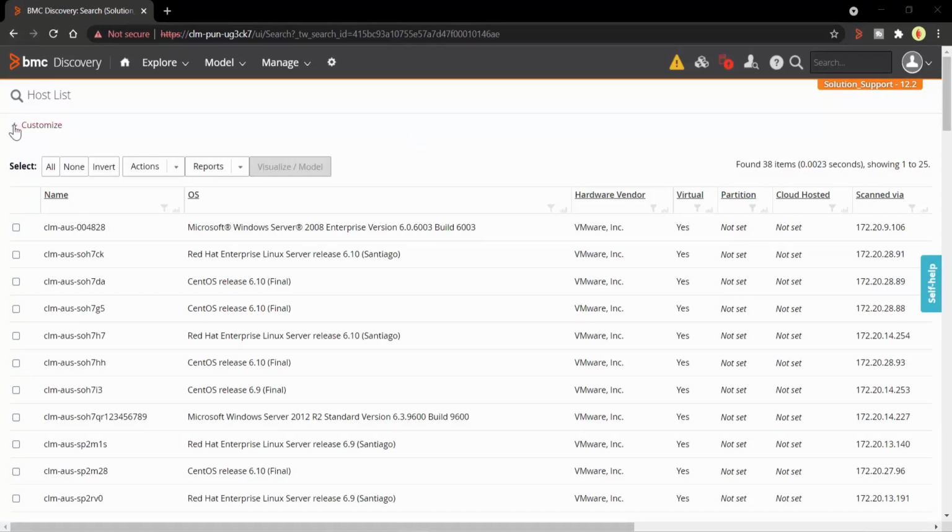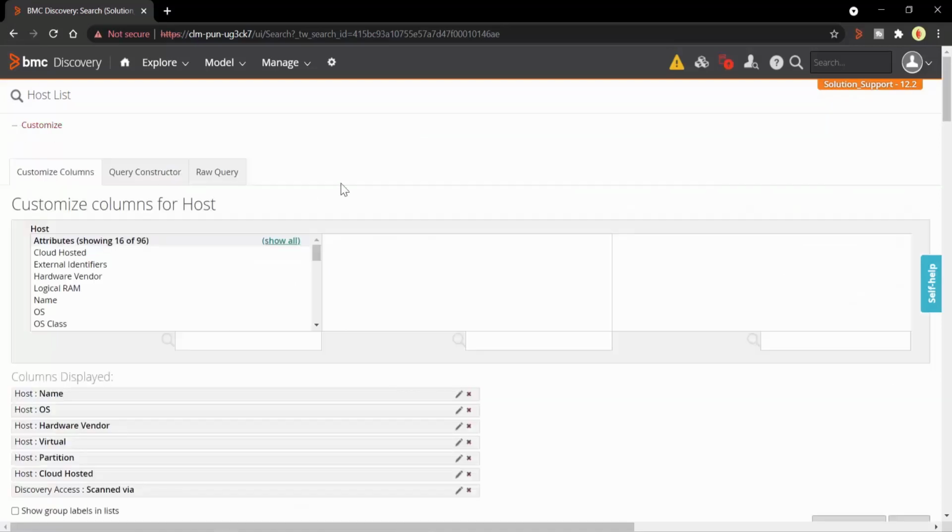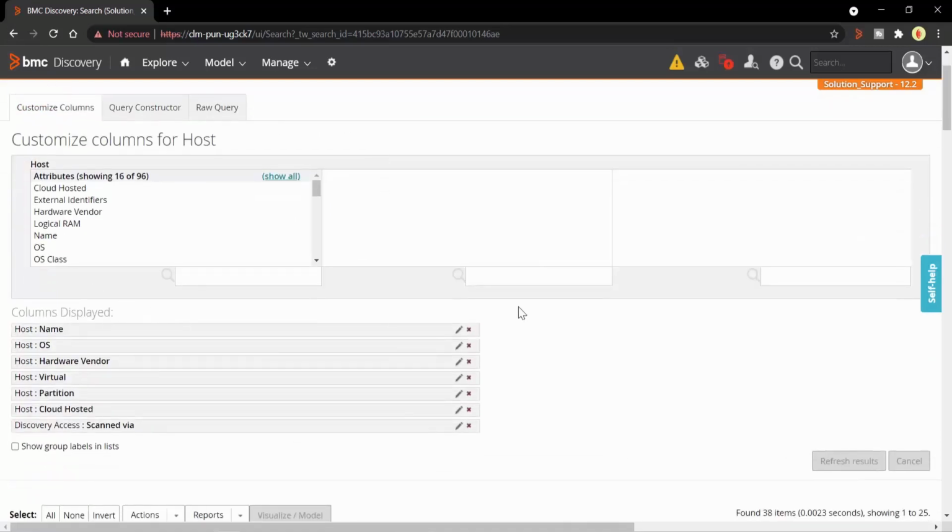Click on this plus icon to expand the Query Builder. You can see that Query Builder is now visible. You can start by typing the attribute that you want to include in the query output. For example, let's say we want to include the serial number of server in this query output. So I will start by typing the serial, and then you can see I'm getting the option to select the